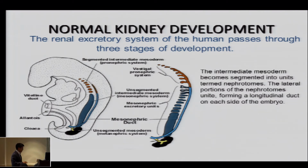I always debate whether or not to show this slide because on one hand I'm thinking, oh my gosh, here we go, I have to talk about embryology again, and Dr. Piccoli's already going to look at me and start quizzing me about what are the stages of embryonic development. But I do think it's actually really important for us to take a look at because it gives us a sense of at least how the kidneys develop and why we might see some of these structural defects that we see. Essentially what happens,